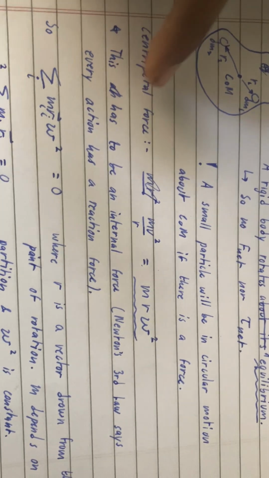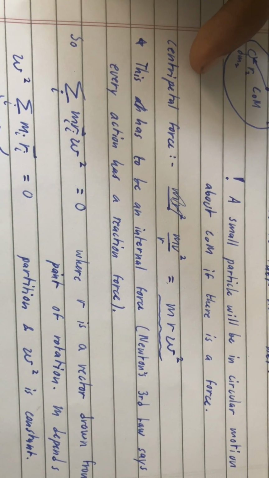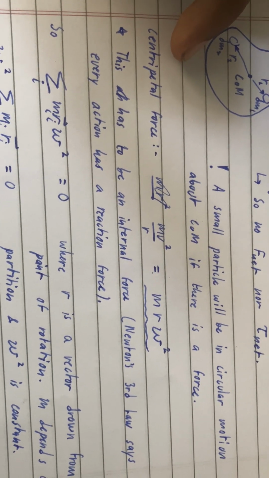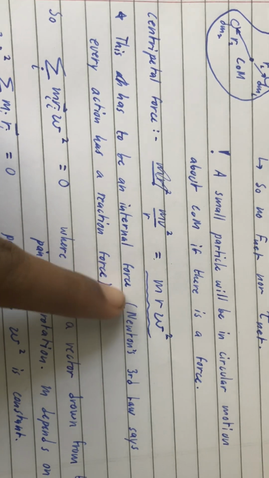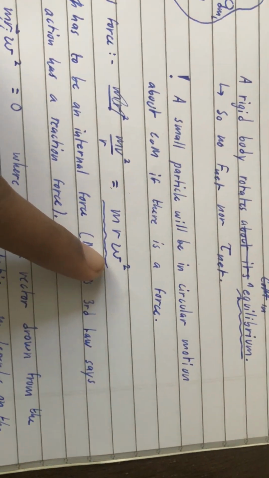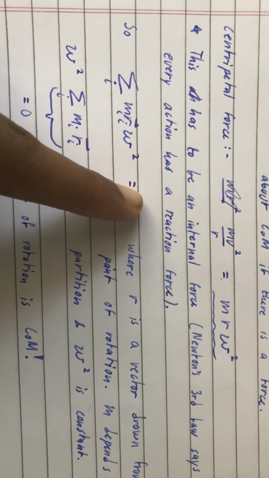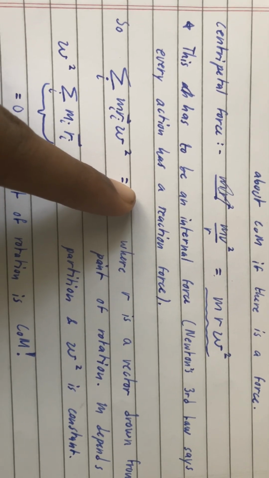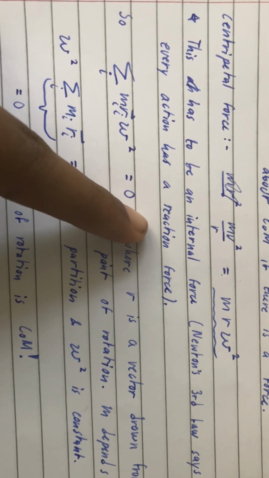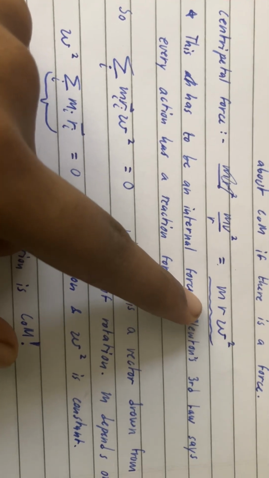For it to rotate about that point, it will need a centripetal force. So m v squared over r is equal to m r omega squared. Now remember, because of equilibrium, omega is going to be constant. So because there's no net external forces and no net external torque, this centripetal force is going to have